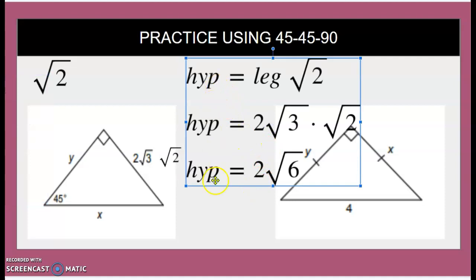So it doesn't matter what it is, we multiply it. So this shows what we did. We're looking for the hypotenuse. It's equal to the leg times the square root of 2. So we just take